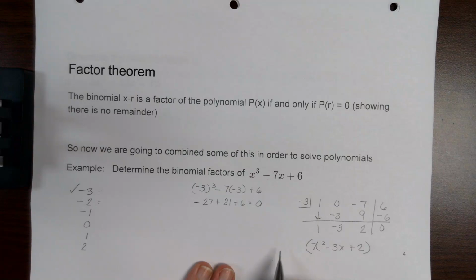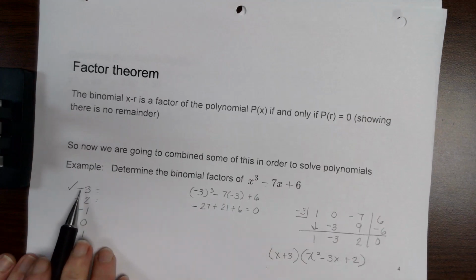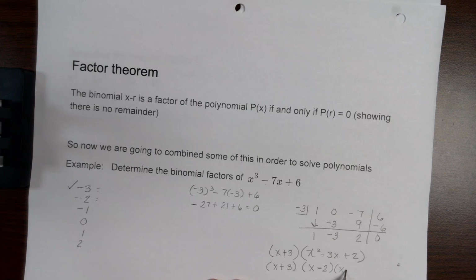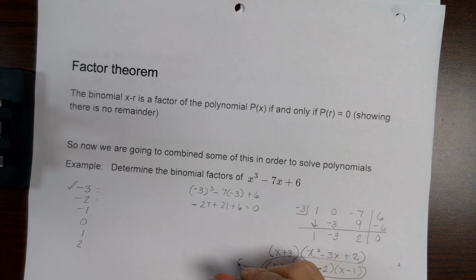I know the original is x plus 3 because this is the 0, the root, or the solution, but this is the factor form of it, okay? Now, if you look here, I can keep going. So I have x plus 3, and then I have x minus 2, and an x minus 1 when I factor that. So these right here are the factors